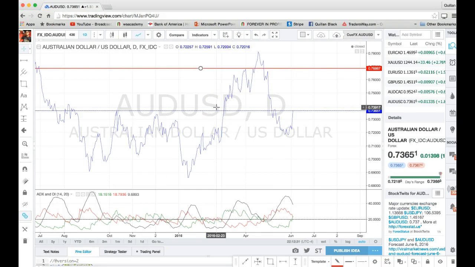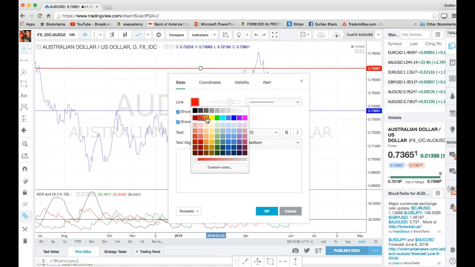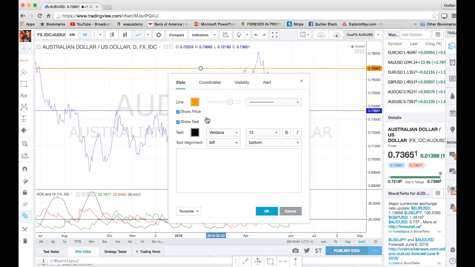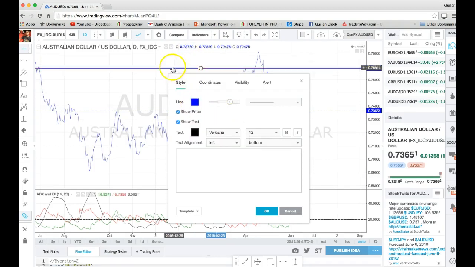My H1 is going to be orange, which is pretty much the primary color, right here. That's going to be my H1s. My H4 is going to be this green. Dailies are going to be red, and my randoms are going to be this color blue right here. Randoms are overall